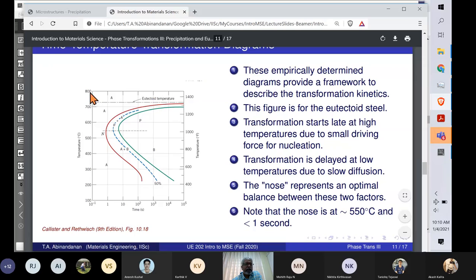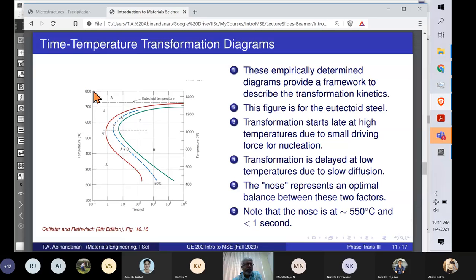Basically, you take the alloy to the single, this is on the y-axis, what you have is a temperature. So above 727 degrees Celsius, you are in the single phase austenite regime, and you quench it very fast to some temperature and hold it there. And you take many samples and hold them all at this temperature, let's say 600. And at different times, you take them and quench them to low temperature and then look at what you have